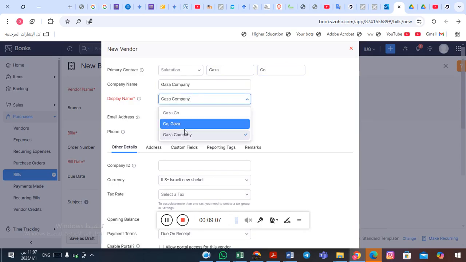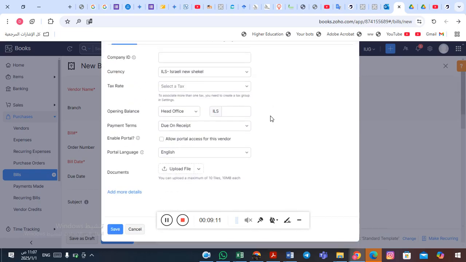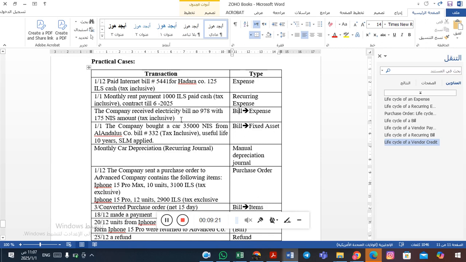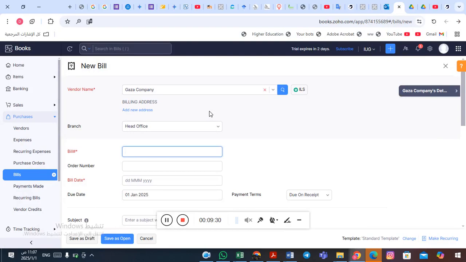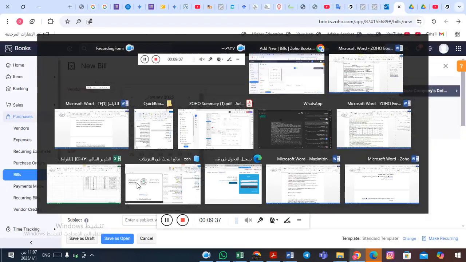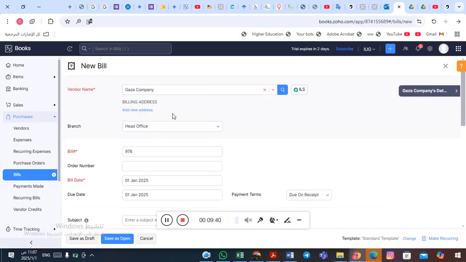Okay, here also we use this and scroll down and save. So Gaza company, head office, bill number. From here we can get the bill number. Okay, go back and enter this number, the date. I think there's no date, so today's date,